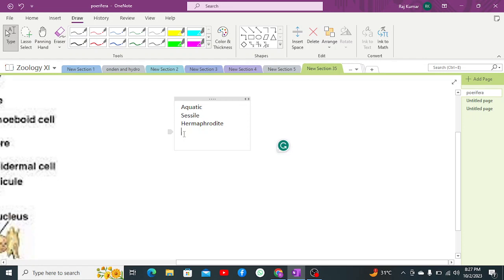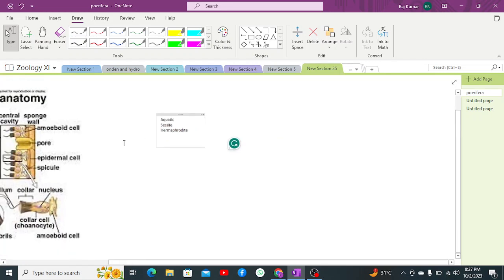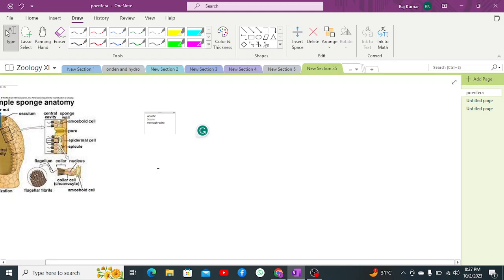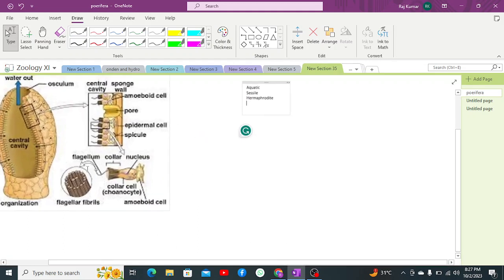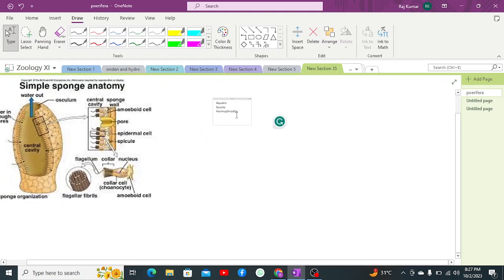and they have their structure in such a manner, as you can see on the screen, that they are sessile and attach to a rock below water. They always live in water. These are mostly found in the marine environment, while sometimes they are also found in fresh water. Their size can range in width from a few millimeters,